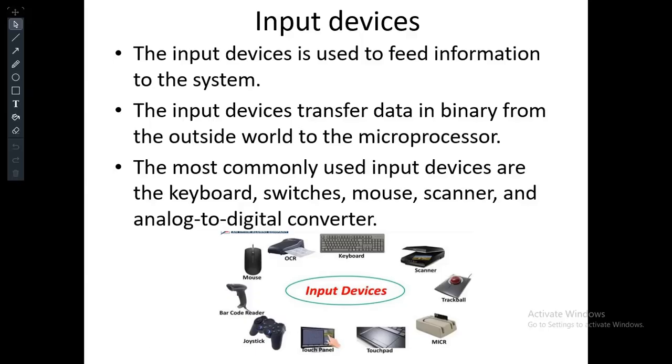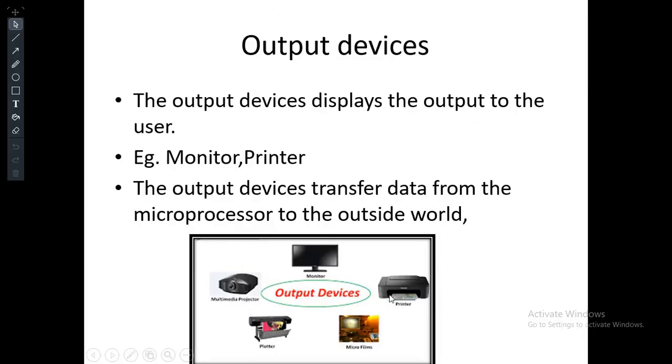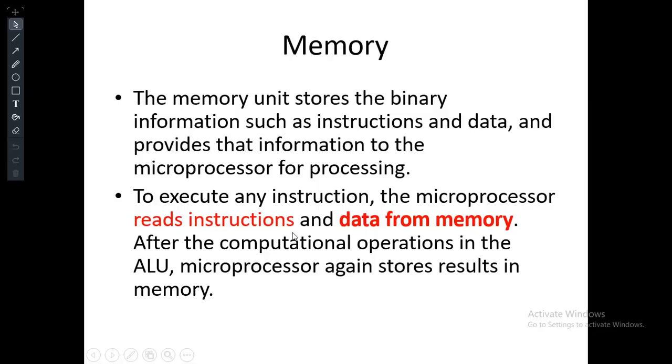Input devices: to get information from the user, we use input devices like keyboard, mouse, scanner, trackball, MIC, and barcode reader. These all come under input devices. Output devices are like printer and monitor. These are all called output devices. Memory: for storing all the data and information, we use memory. This is all about the architecture of